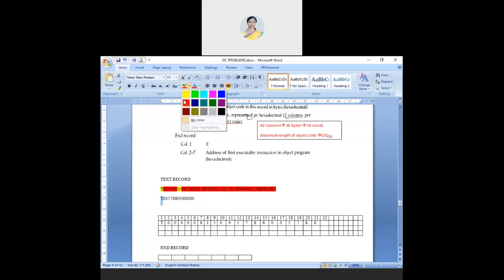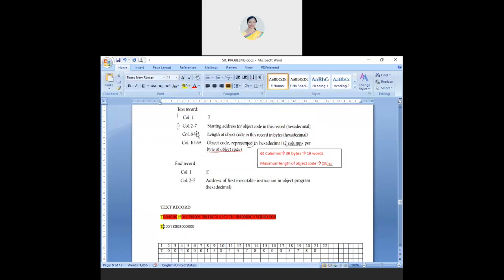This is my first column, T, and 2 to 7 is the starting address of the object code in this record. That's very important. In this particular record, the starting address is 5788.